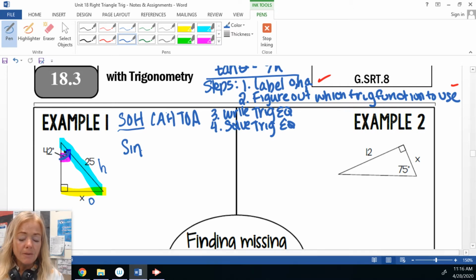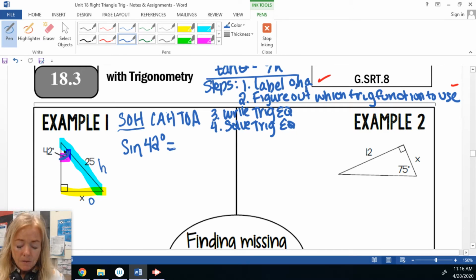Of our 3 choices, we figured out it was sine because we labeled opposite and hypotenuse. And then we're able to write sine. Always what follows is our angle. So sine 42. That means we're dealing with the opposite and the hypotenuse according to that specific angle that is 42 degrees. Sine 42. And then we set an equal sign